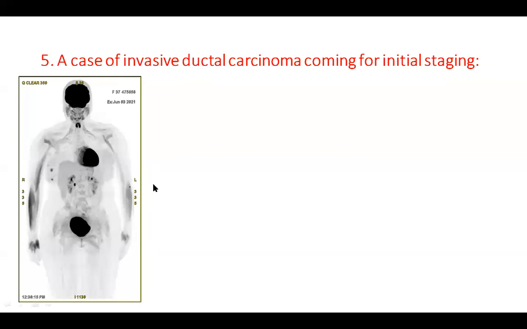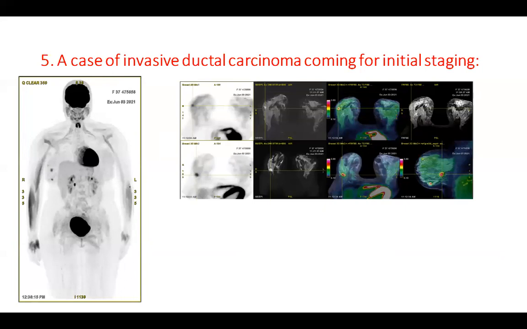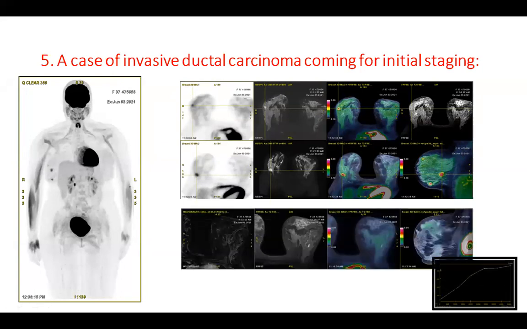Now, in this case, we can see that there are three focal areas of preferential FDG uptake in the right breast. Furtherly, we have the fused PET MR images also showing us these lesions within a dense fibroglandular breast. The lesions were pinpointed based on the diffusion, showing focal cellular packing preferential compared to the rest of the fibroglandular tissue in the breast, together with the high FDG uptake,